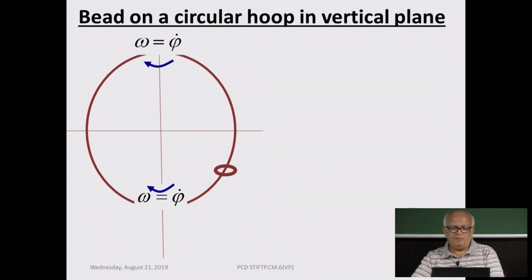So because of this constraint, there is a force of constraint, which is the normal reaction, and then you have to set up the equation of motion, and that constraint is along the normal. It will be different at different angles of the bead, right? And it will have a component. Now this problem really becomes very complicated to solve,